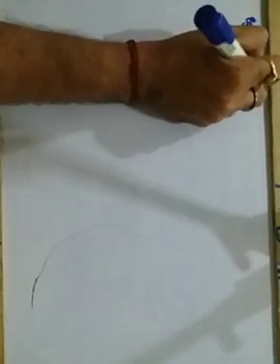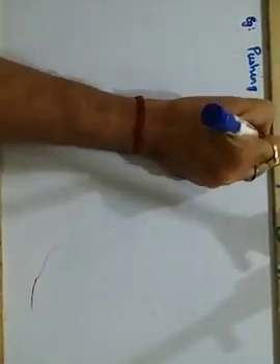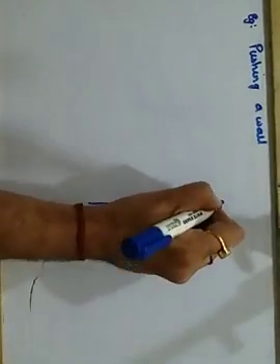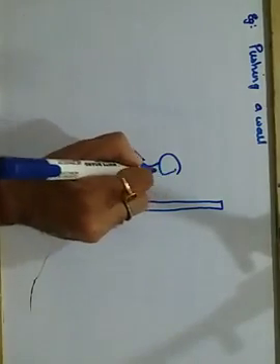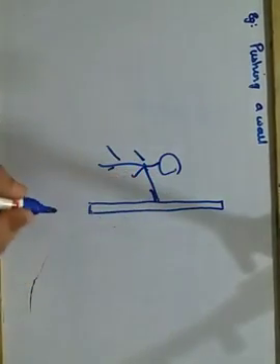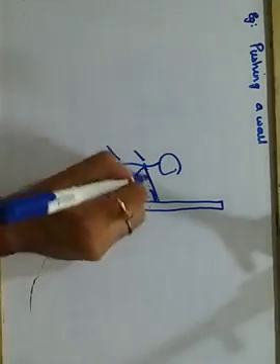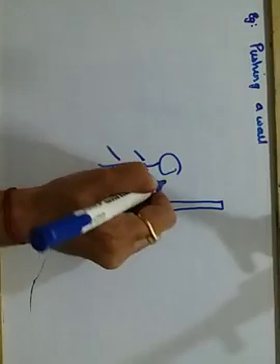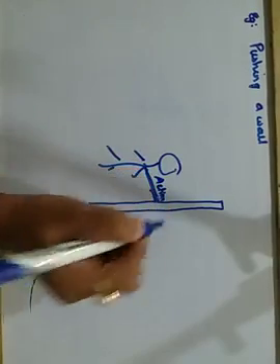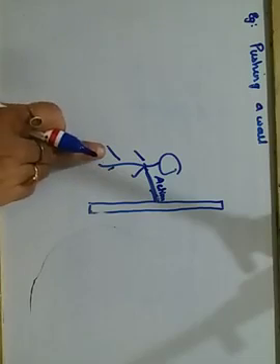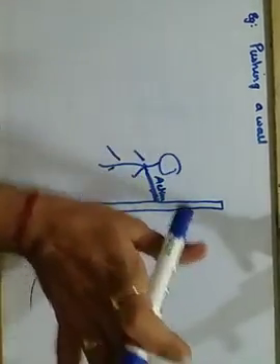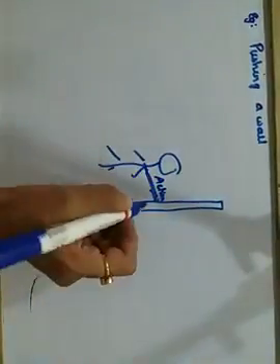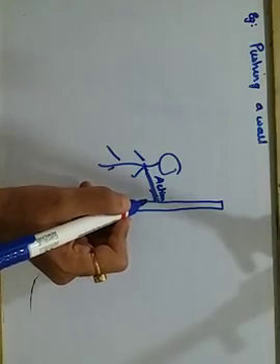Another example we take is an example of pushing a wall. What happens when you are trying to push a rigid wall? A person trying to push a rigid wall. When you exert a force, you are pushing it. So that is your action. When you exert a force on a wall by pushing the palm of your hand against it, you will experience a force exerted by the wall on your palm.